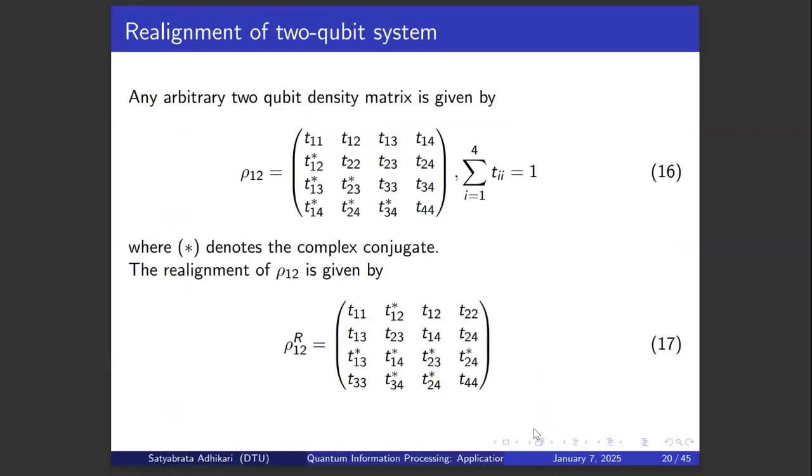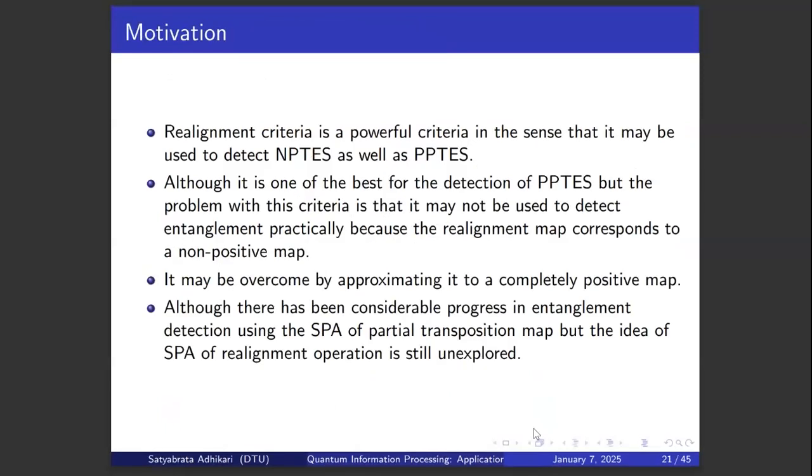Okay, now come back to this realignment operation. So the realignment criteria is a very powerful criteria in the sense that it may be used to detect negative partial transpose entangled states as well as positive partial transpose entangled states. As we have said, the positive partial transposition criteria is necessary but not sufficient in higher dimensional systems. Okay, so in a higher dimensional system, if some state given to you is separable, then